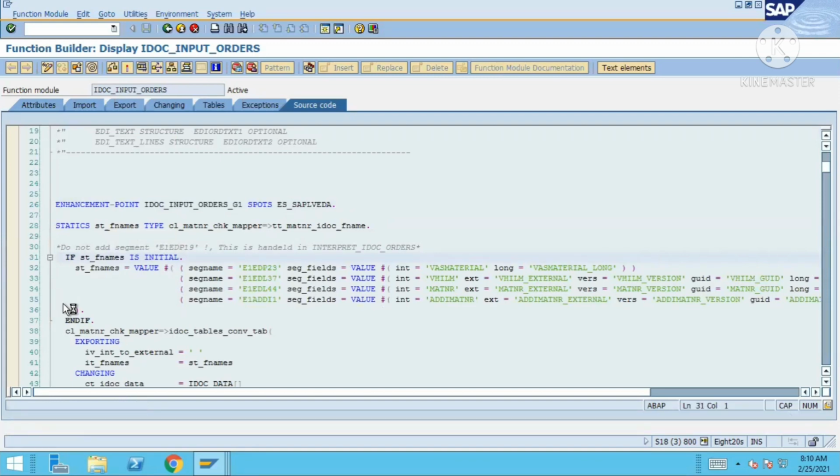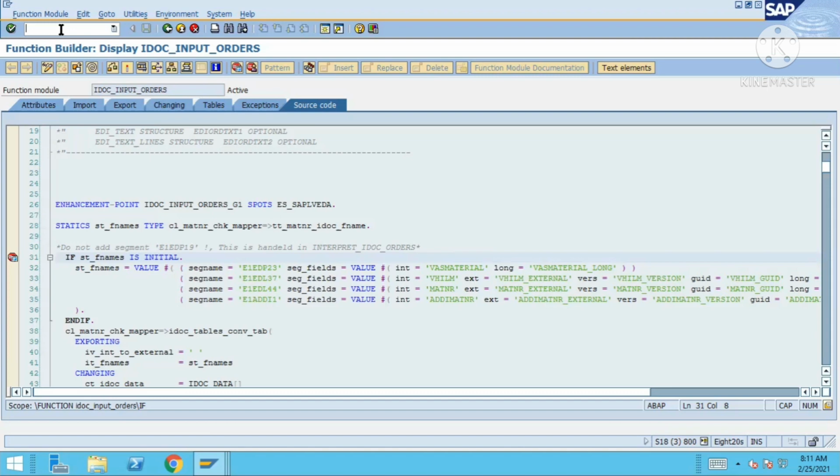But the question over here is, now that you have put the breakpoint, this breakpoint is not going to get triggered automatically. Which program are you going to execute in order to trigger the breakpoint? Do you have to run this function module? No. This function module is going to be hit when the IDoc comes in as an inbound. So what we will do is use some T codes. One T code is WE19 and another T code is BD87. To debug the inbound function module, these T codes are awesome.